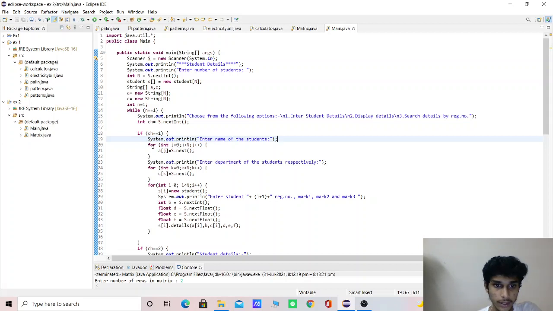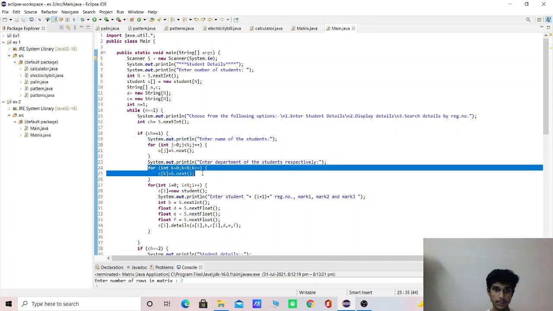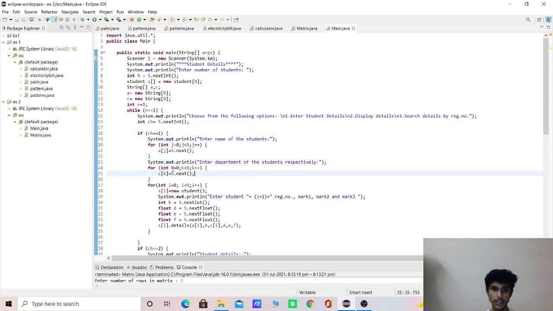For int j is equal to 0, j is less than n, j plus plus, a of j is equal to s.next. Then it shows enter the department of the students. Now we are getting the department of the students. For that we are giving the for loop here. For int k is equal to 0, k less than n, k plus plus, c of k is equal to s.next. For int i is equal to 0, i less than n, i plus plus,